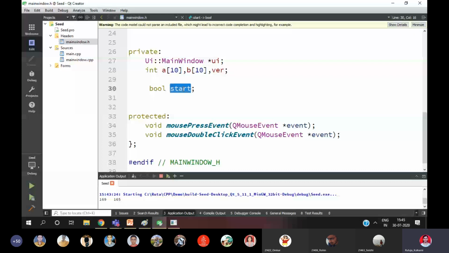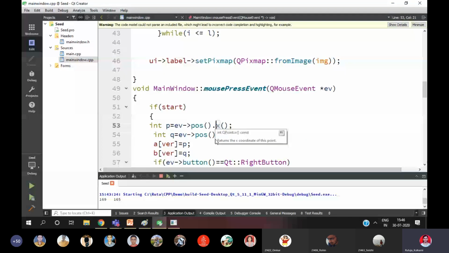A stores all the X values, B stores all the Y values because we need to store the edge information. Then here is the mouse press event function. It takes the X position and the Y position for a pixel. So when I start clicking, I will show you in Paint.